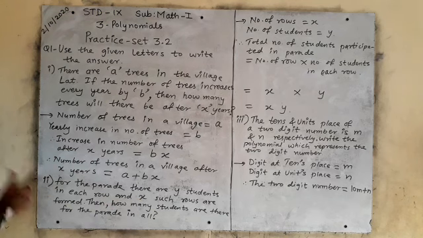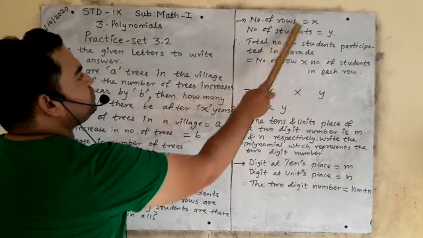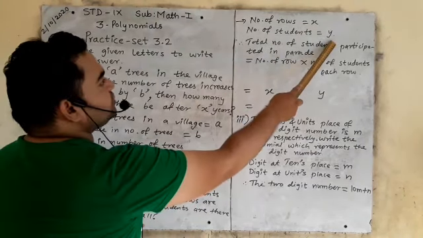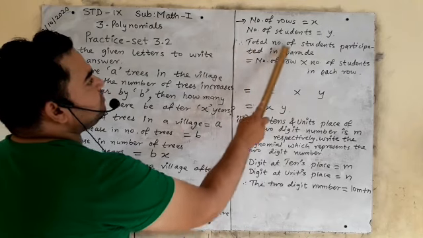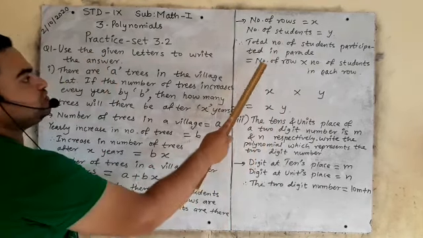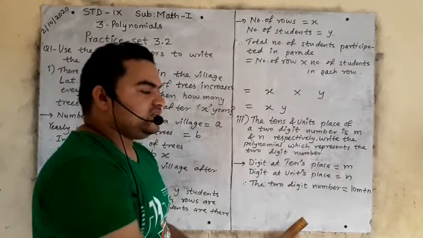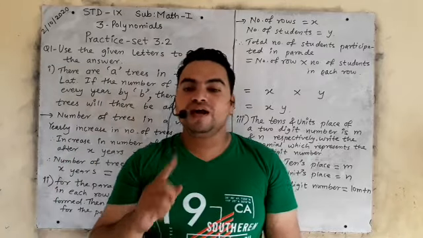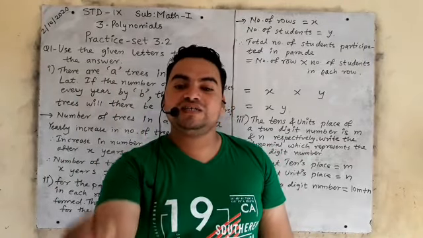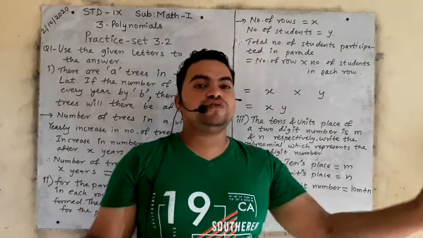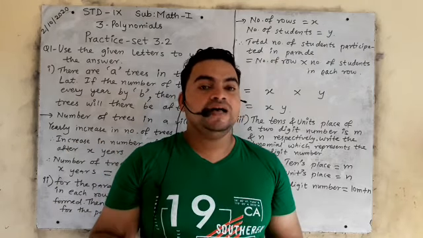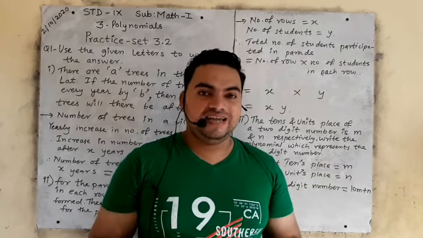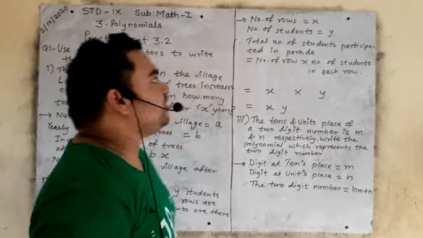So x rows, how many rows are there? x. So we will write number of rows is equal to x. Number of students in each row is equal to y. Therefore total number of students participated in parade is equal to number of rows multiplied by number of students in each row. We do not count everybody, we count in a row. एक row में कितने students खड़े हैं? Suppose 10 and there are 10 rows, so 10 multiplied by 10, 100. Is it clear? Suppose in one row there are 20 students and rows are 4, so 20 fours are 80. Is it clear? So this is how we have to multiply.